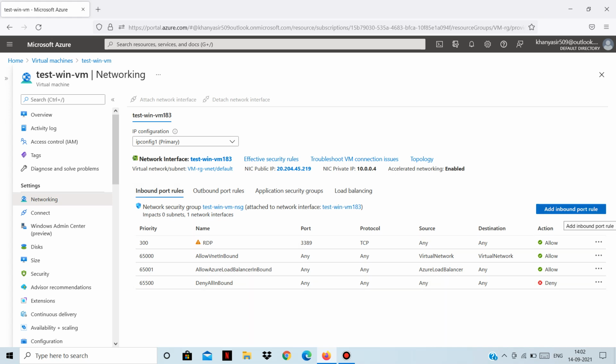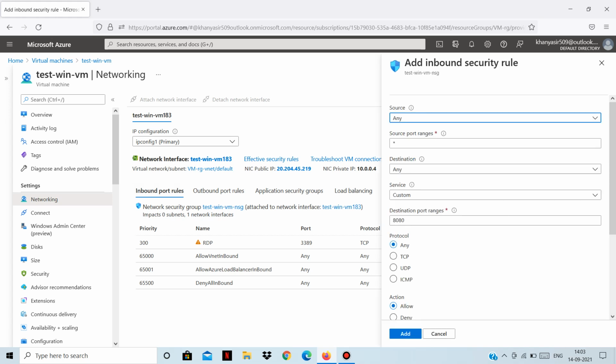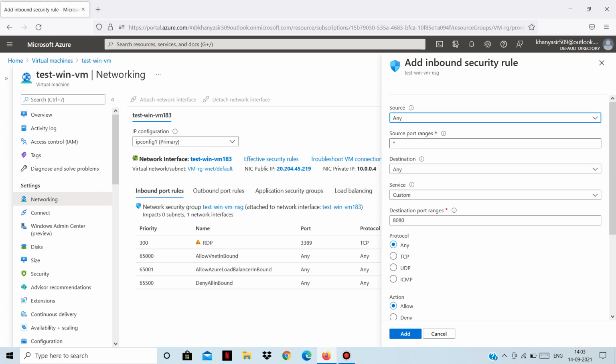All right, so we need to specifically add one more rule to allow HTTP requests and to open the HTTP port, which will run on port 80, so that we can access our web page which is running on this virtual machine. So let's leave the source as any, port range is any.